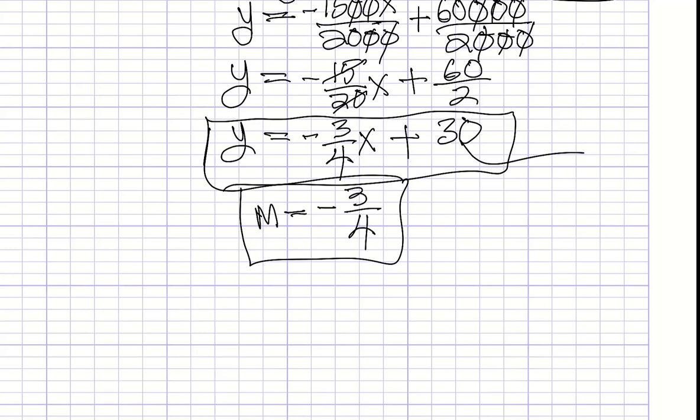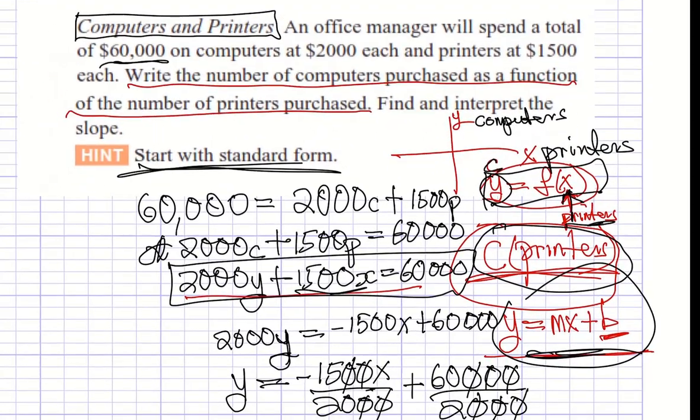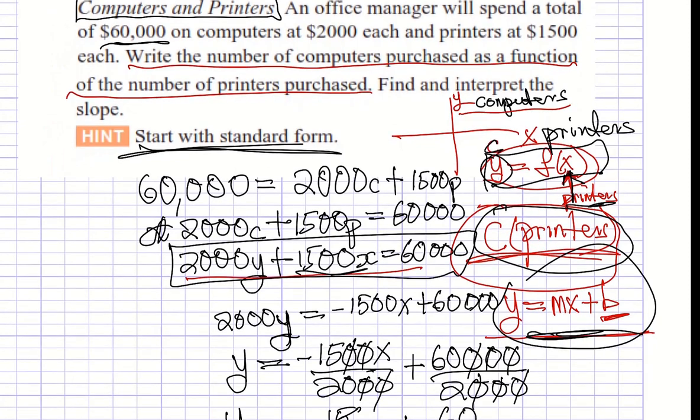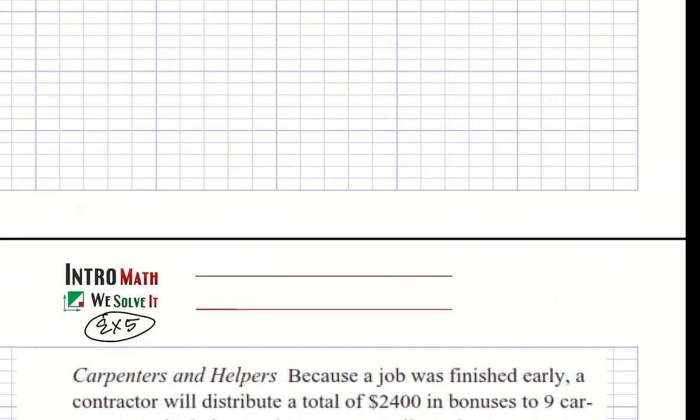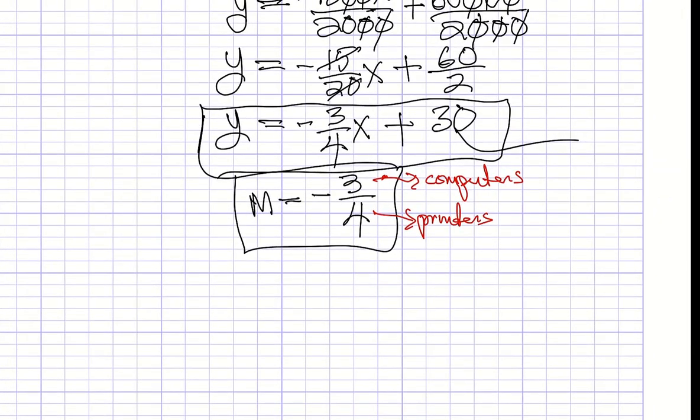Okay, it's a negative slope. So what that means is, don't forget this represents printers, this represents computers. You remember? Go back, it's over here, you see? Y is computers, X is printers. So the way we interpret that is,